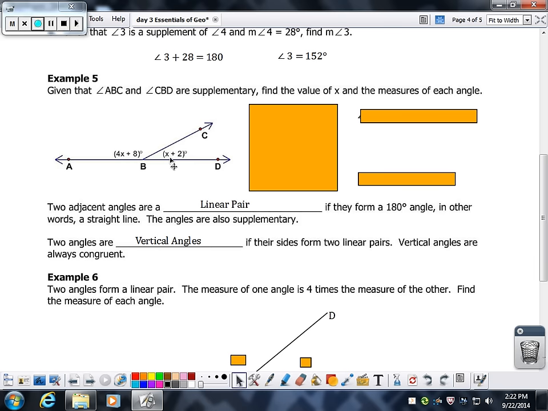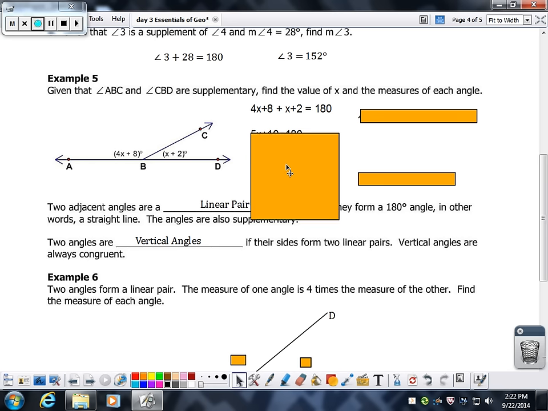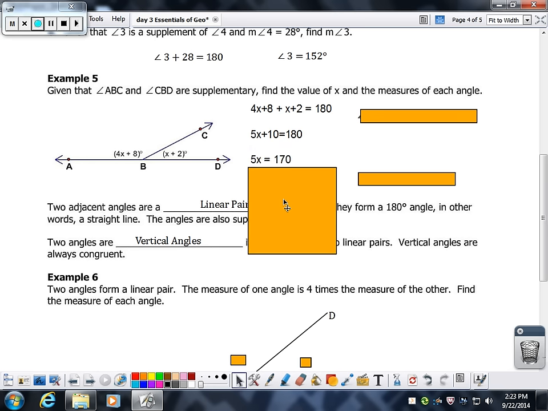Given that ABC and CBD are supplementary, find the value of x and the measure of each angle. So ABC and CBD add up to 180 degrees since they're supplements. So we can set this problem up with 4x plus 8 plus x plus 2 equals 180. We combine like terms, we get 5x plus 10 equals 180, 5x equals 170, and that leads us to x